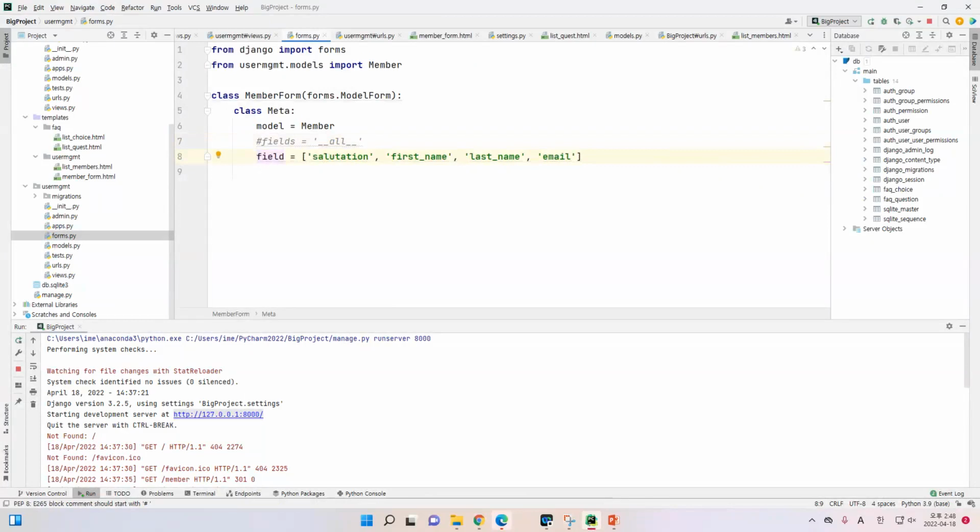Now all your data has been set as required. If it is required, then you need to put all that information. If it is not required, you can exclude some of the attributes. Let's say if you do not want to show your email,